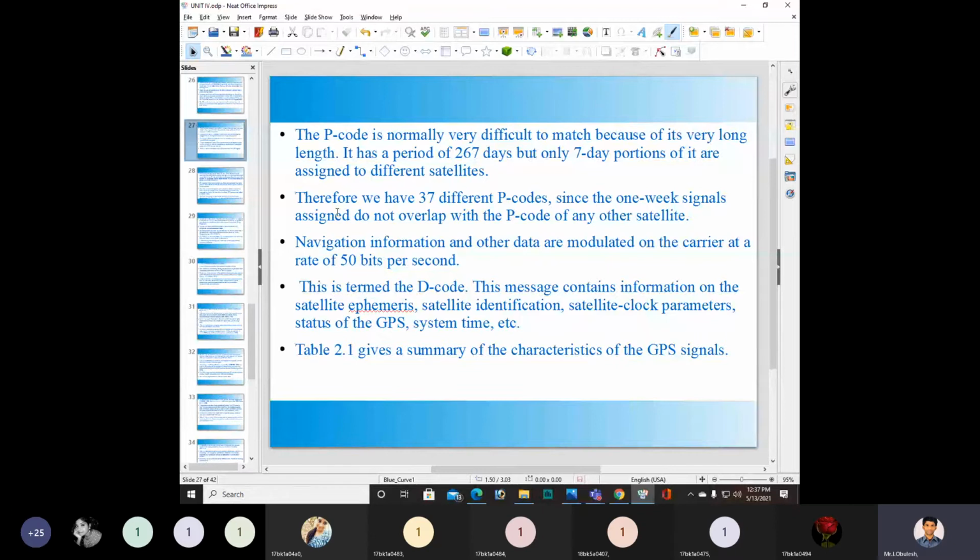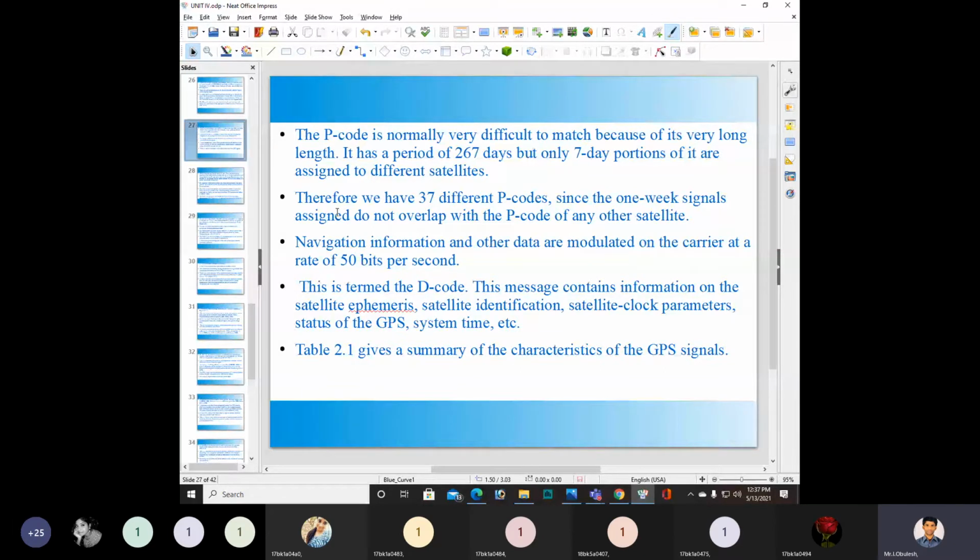It has a period of 267 days, but only a 7-day portion of it is assigned to different satellites.